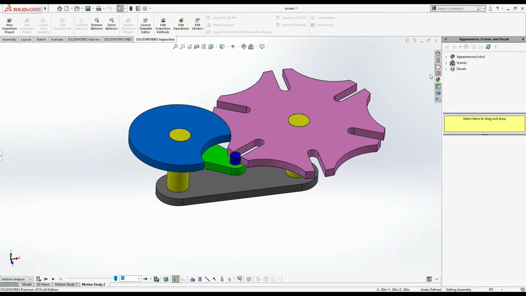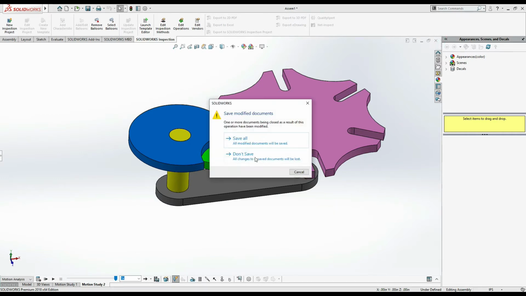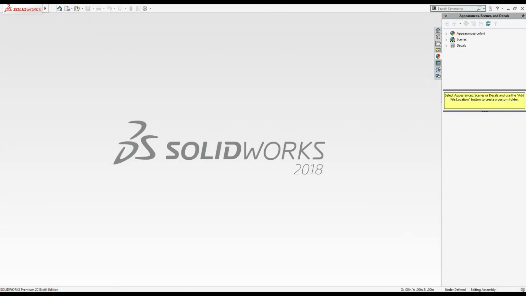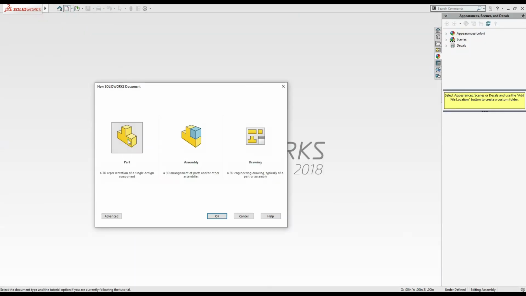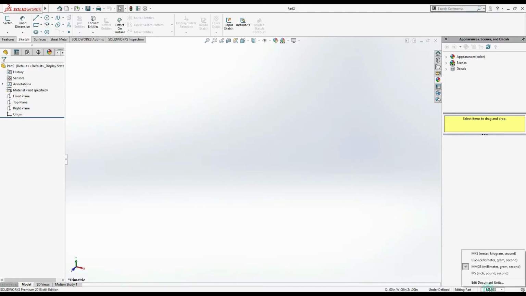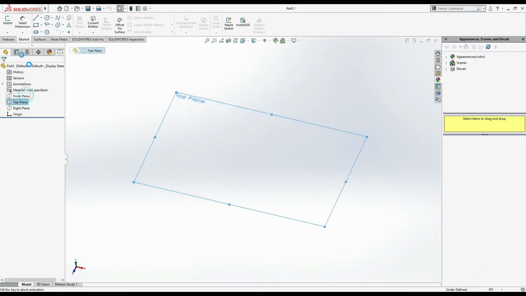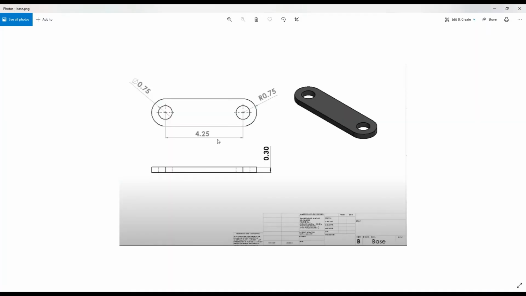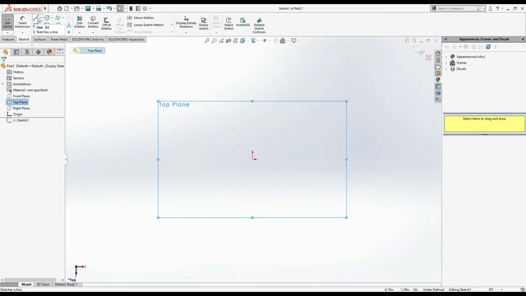First of all, close it. New document. We have to draw a part. Keep in mind we will draw all these Geneva mechanism parts in the IPS system. So from here select IPS, top plane, sketch. First of all we have to draw this slot. This is 4.25 inches. Select slot